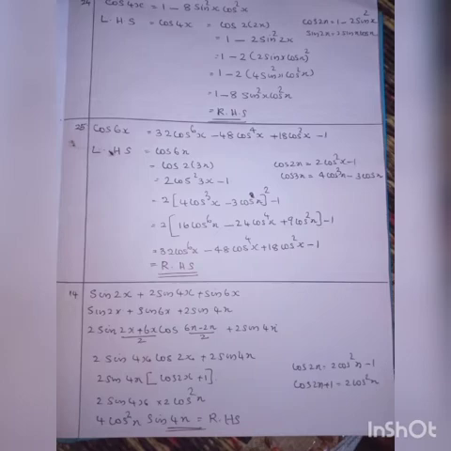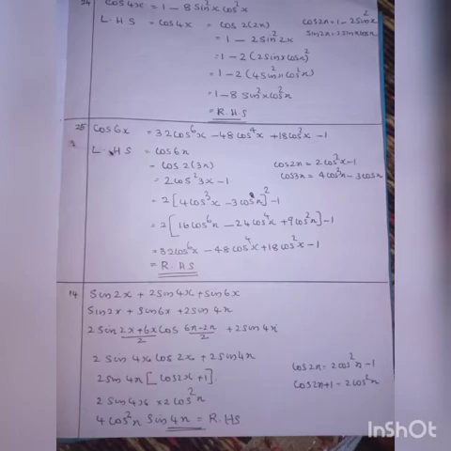Question number 14, listen children, last question we have written here. Prove that sin 2x plus 2 sin 4x plus sin 6x is equal to 4 cos square x into sin 4x. In all the questions we are using the formulas directly, so you have to study all the formulas well. Okay, so let us start from the LHS.